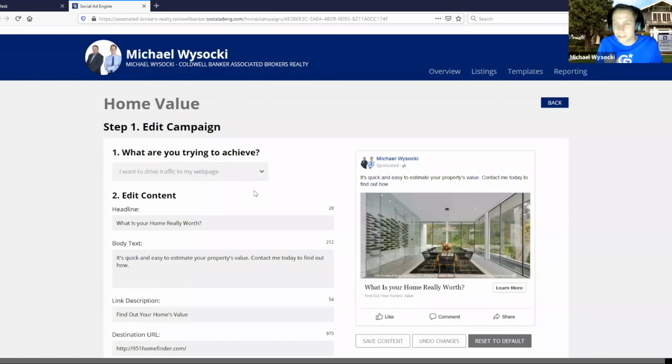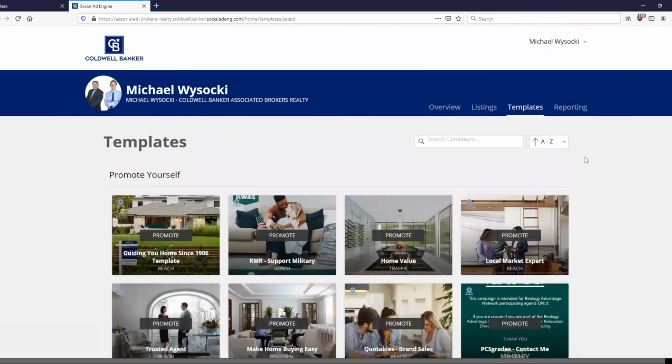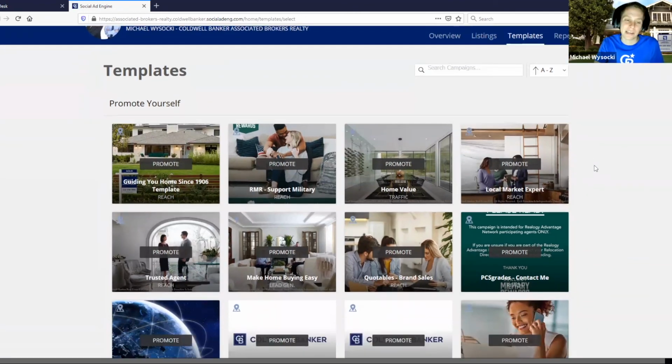Yeah, well, I will say though, 5 years ago when I got my license, everybody said, oh, that's what you should be posting on Facebook. Ask people what their home is worth, get them to fill out a form. It's shifted. I've heard that the people who run these kind of ads to get people to fill out online CMA requests have pretty bad conversion rates. People don't fall for that anymore, because you can get a Z estimate or go on to all these other places. So I think you'd be better off running a more general ad and then adding text in there